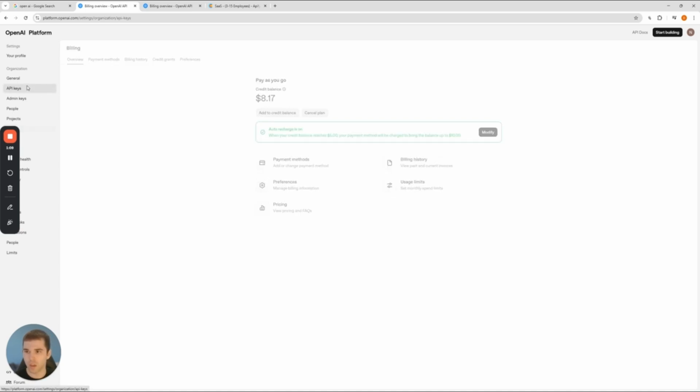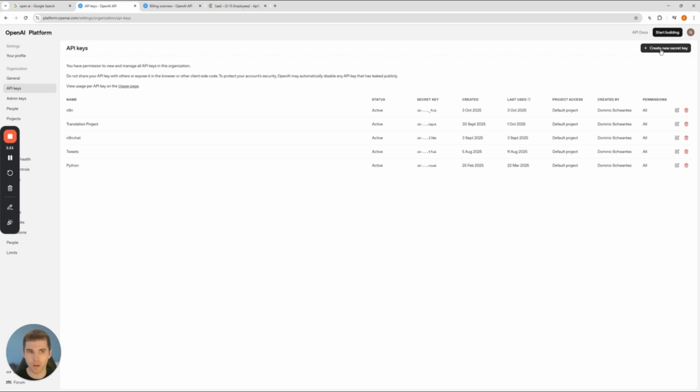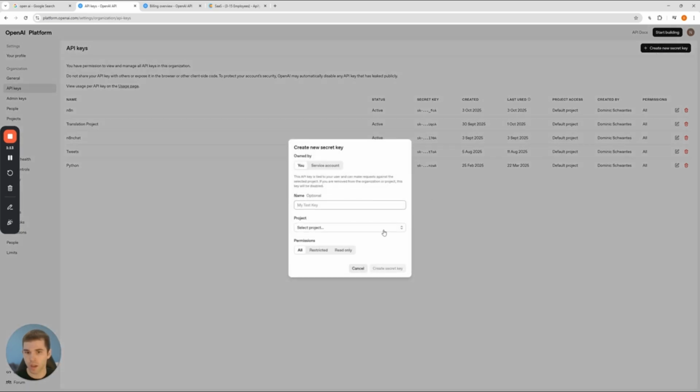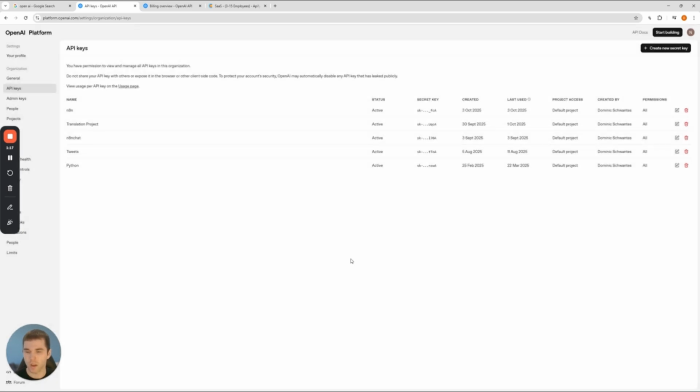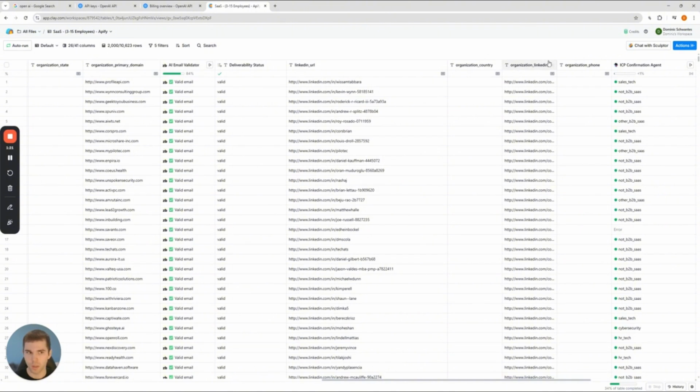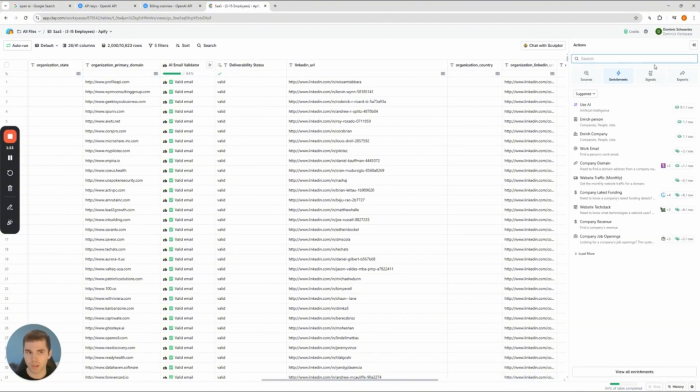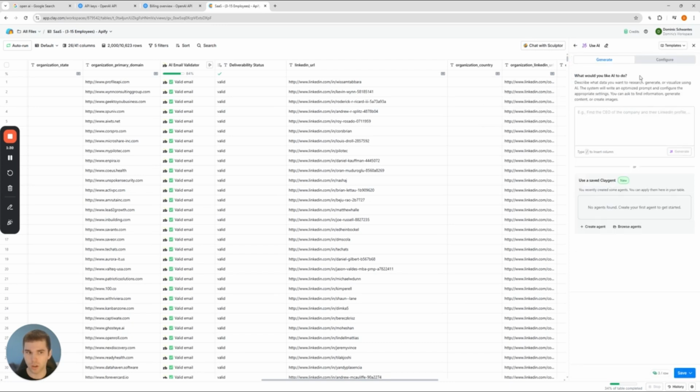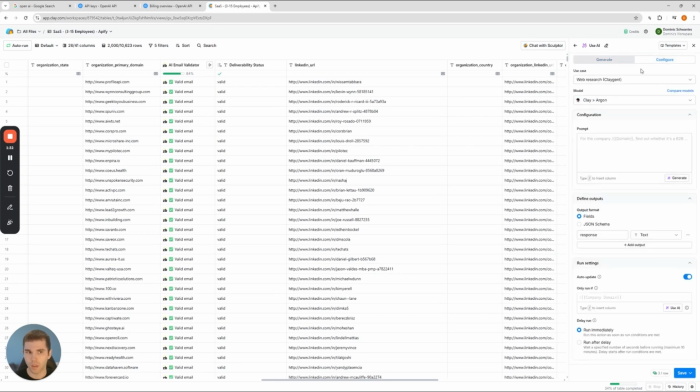Once you've done that, you can come back to API keys and create a key if you haven't already. Type in a name, attach it to a project, and then click create secret key. Now, I've already done that, so what you want to do is come back over to Clay, click actions in the top right, be under enrichments, and then click use AI. Then from there, you'll be brought to this page here, and then you just want to click configure,